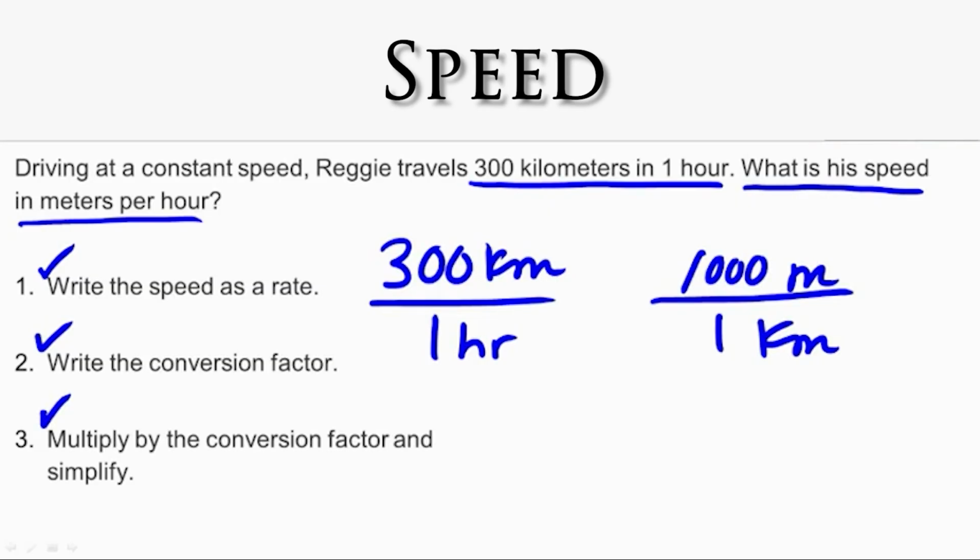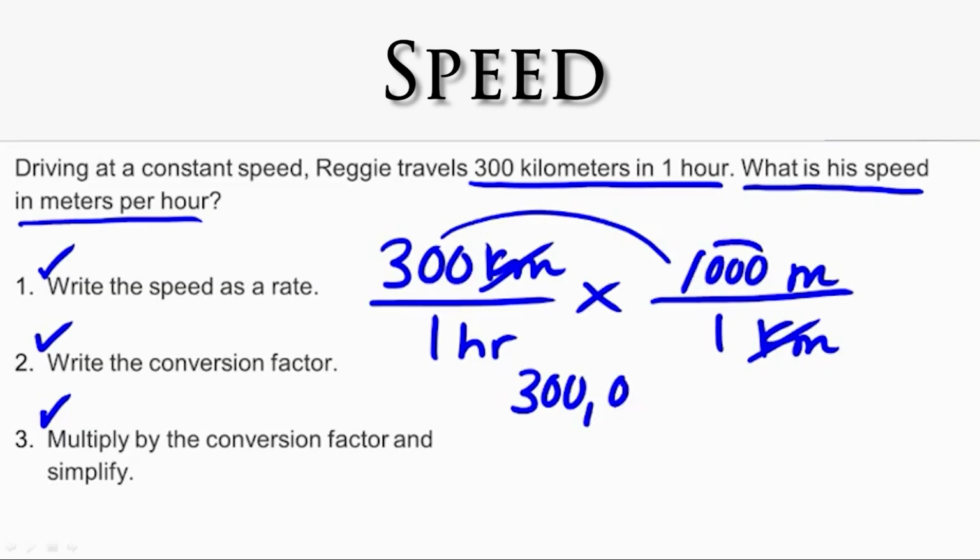Multiply by the conversion factor and simplify. So we're going to multiply by the conversion factor. Before we do that, we can see that kilometers are going to cancel kilometers. Nothing else will cancel. Now we're ready to multiply. When you multiply by a power of 10, you just multiply the 300 by the 1, which is 300, and we add on the 3 zeros. So it becomes